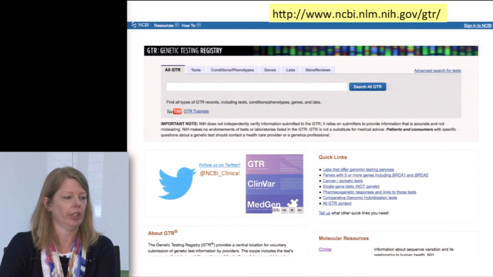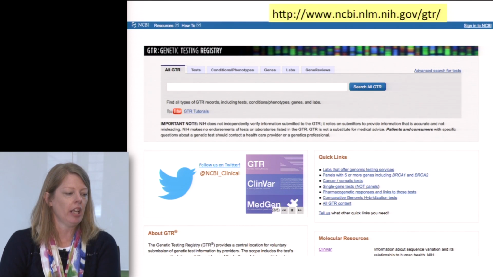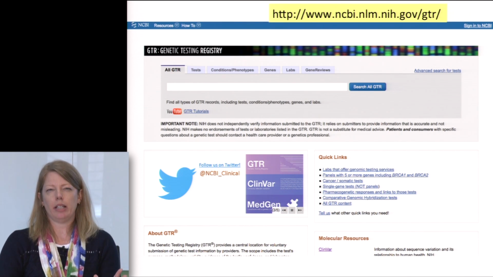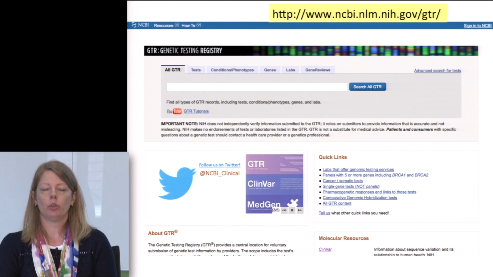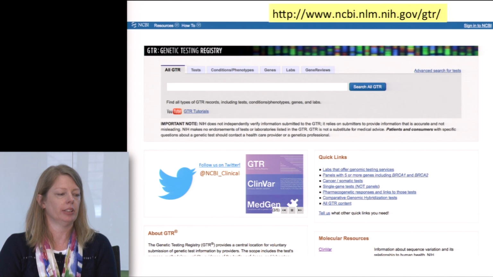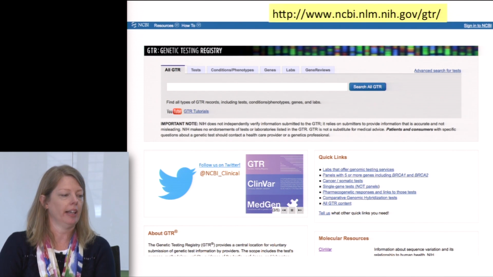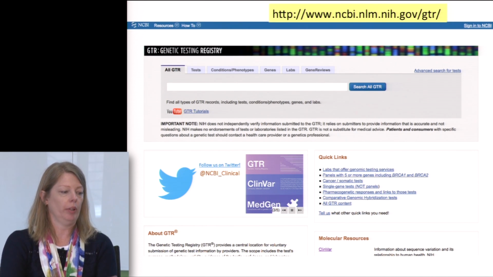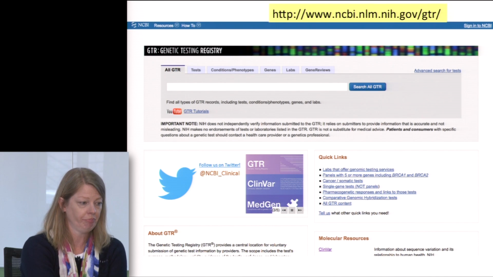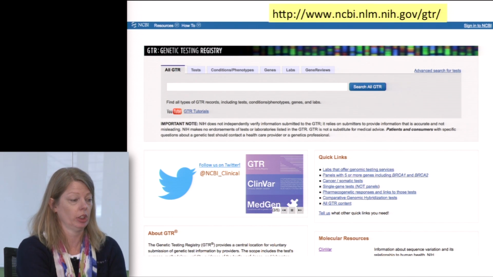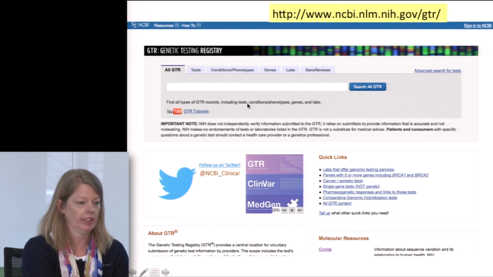So this is a picture of their homepage. The URL's there in yellow. Again, primarily it's a genetic disease testing resource, but you can enter into the main search box on the homepage a drug or a PGX gene and get some information about it. So if I entered warfarin into the search box here and just hit enter,